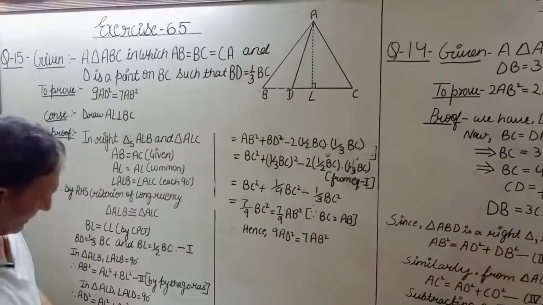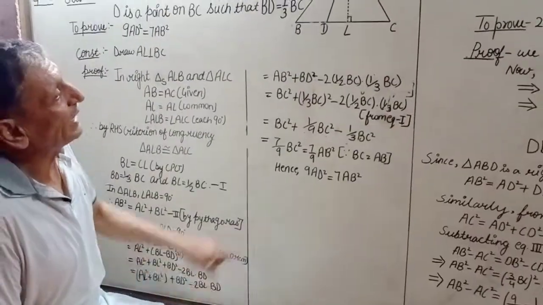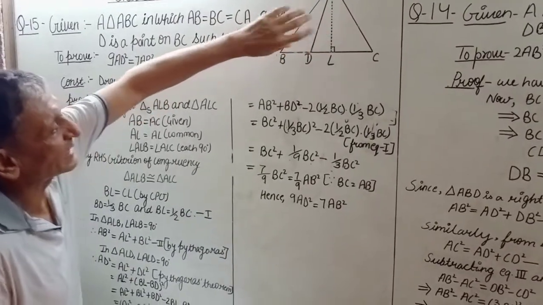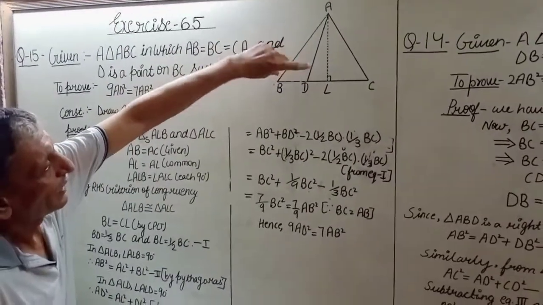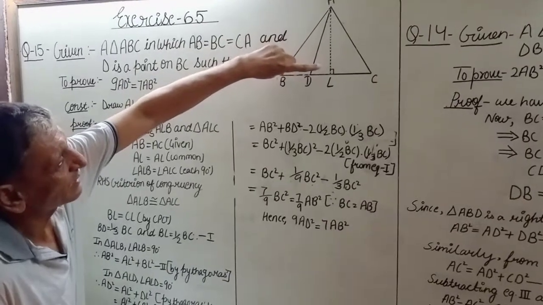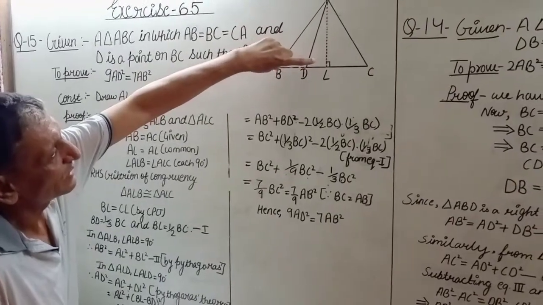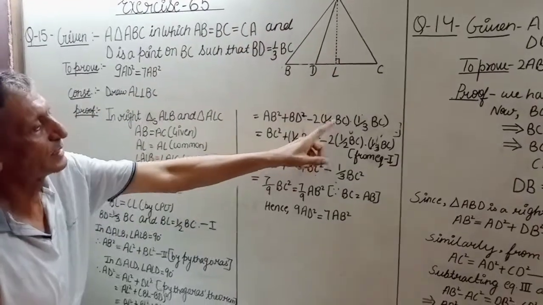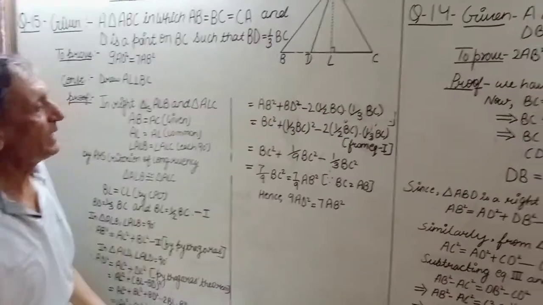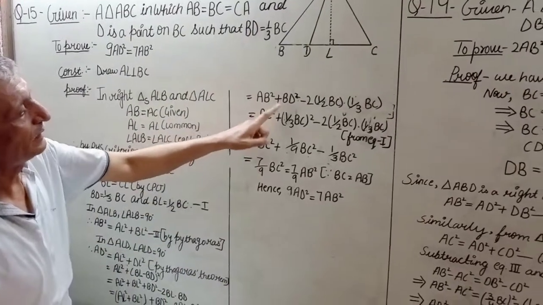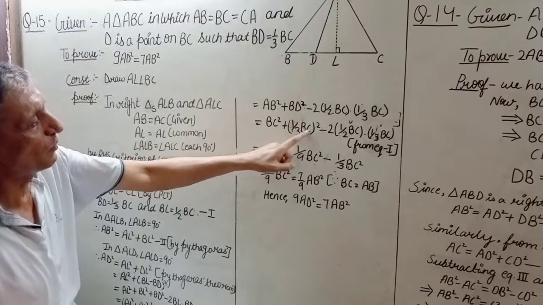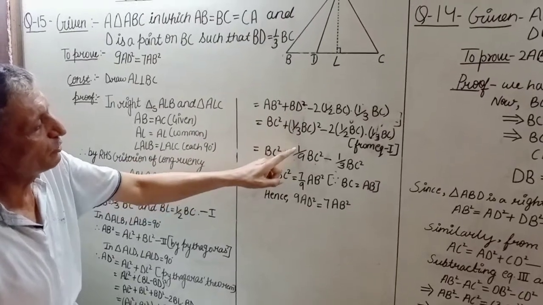See, BL and BD have got relationship with BC. So BL can be replaced with half of BC and BD can be replaced with 1/3 of BC. This is what we have taken, right? Again, this BD can be replaced by 1/3 of BC, and when you open this whole square, it gives you